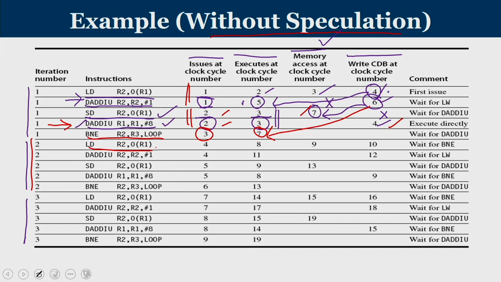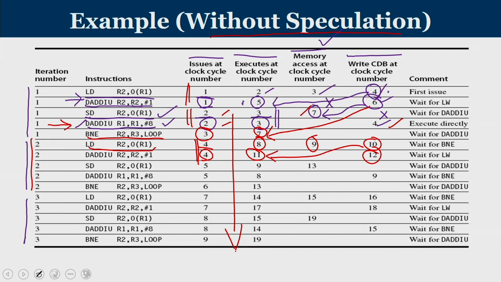Let us say going to the next iteration, these are issued at 4, one will happen at 8, 9, 10, that is computation of address, accessing memory and writing into CDB. Whereas the second one, 4, 11. Why is it 11? Because of the 10 to 11 dependency, and then at 12 we are going to write back. If you continue in the same way, I request you to go through the remaining entries and make yourself comfortable and thorough with what happens and in which cycles these things happen. This is an example without speculation.